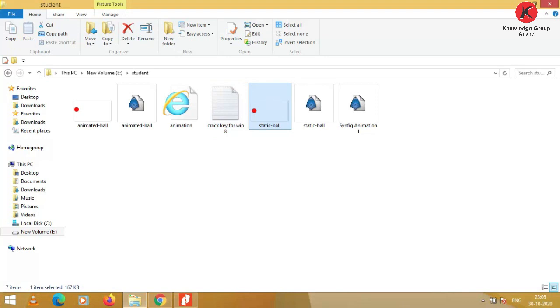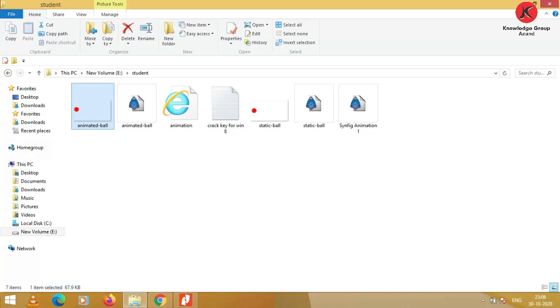In the same way, the same circle is used in the animated files. Here we define the animation to show a circle moving from left to right. We can see our animation is simple, left to right, and here you can see the animated ball zip file.